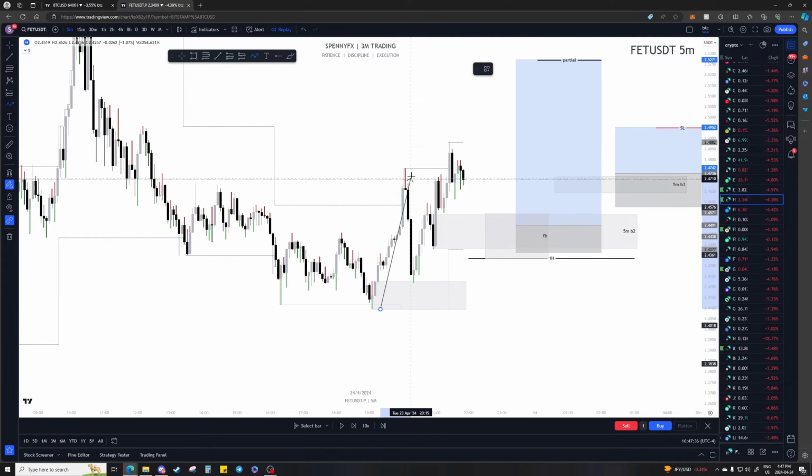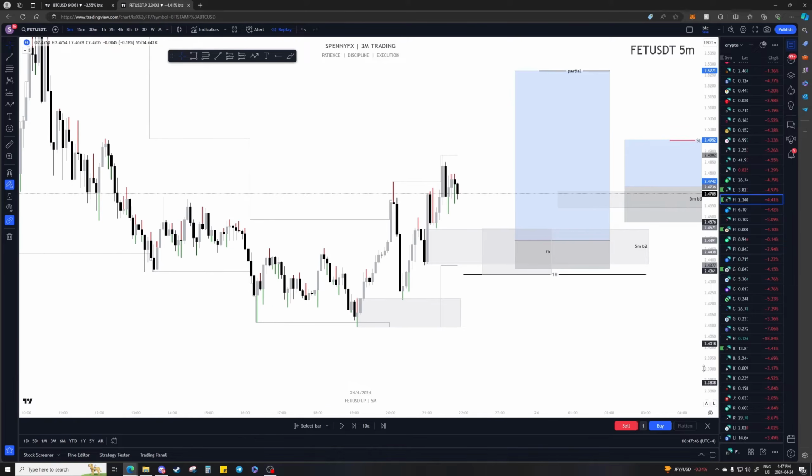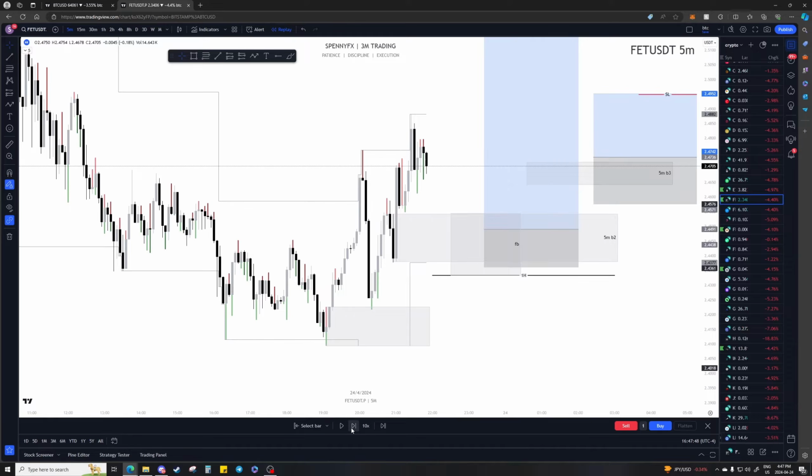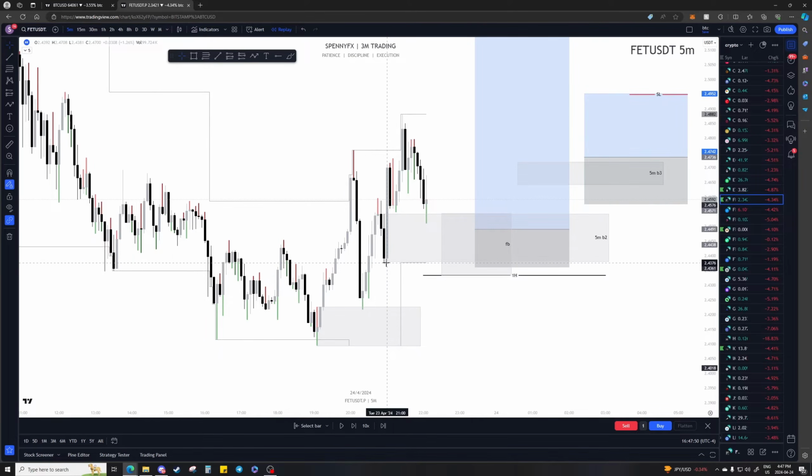So when price breaks up, comes back and taps our demand zone here, and then continues up again to make a second break, that puts us into stage 1. Once we're in stage 1, we're valid to look for entries. So if you play it forward, I took this unmitigated demand zone from the second break here,